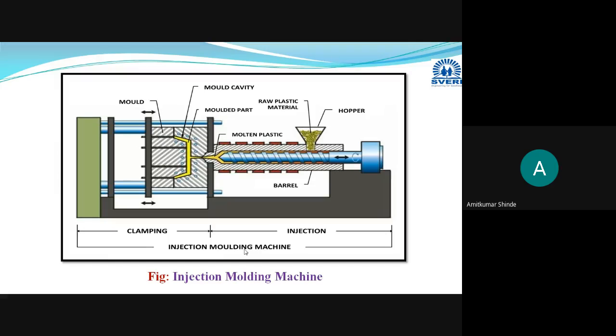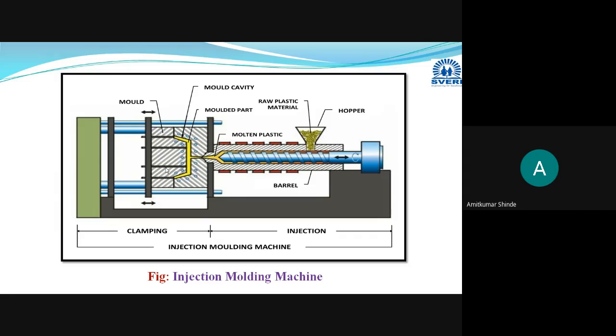Okay, now we have understood, with the help of the animations of the injection molding process and the injection molding machine, how injection molding is practically performed. Now, in injection molding, an important part is the mold design. As far as the mold used here is concerned, we can go for two types of molds.